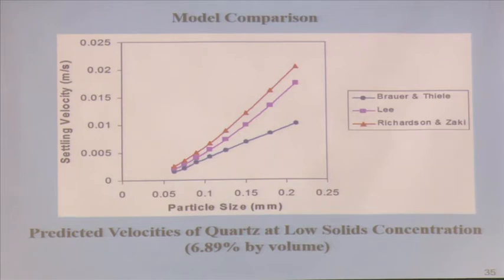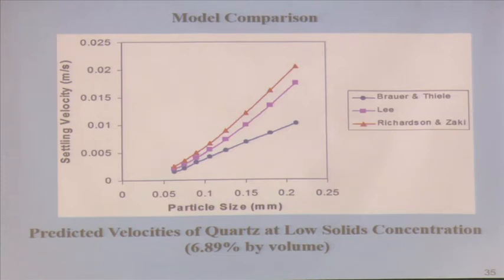So, when I am converting that mass into volume, it came out to be 6.89. Okay. And then the particle sizes, that is settling velocity, by using Brouwer and Thiele's model and Richardson and Zaki. You see that all three models differ. There is no agreement. So, if someone asks why you are not using Richardson and Zaki for this, you show this graph,